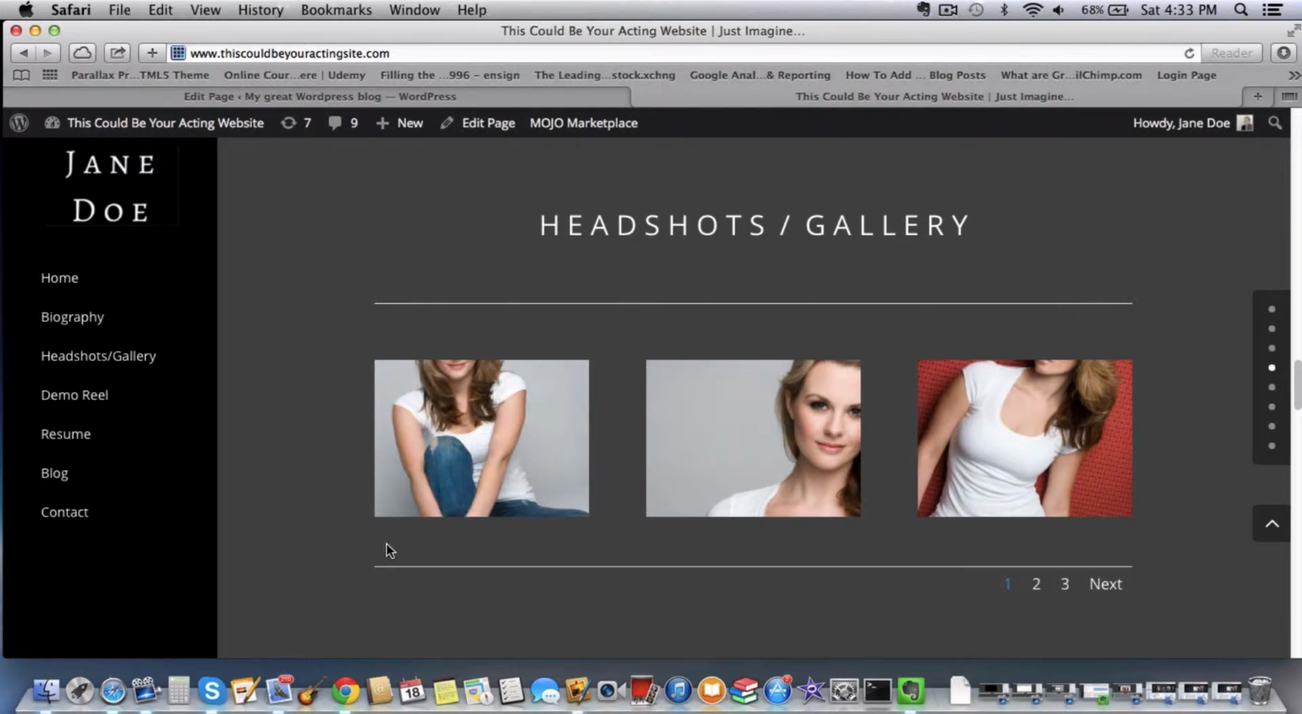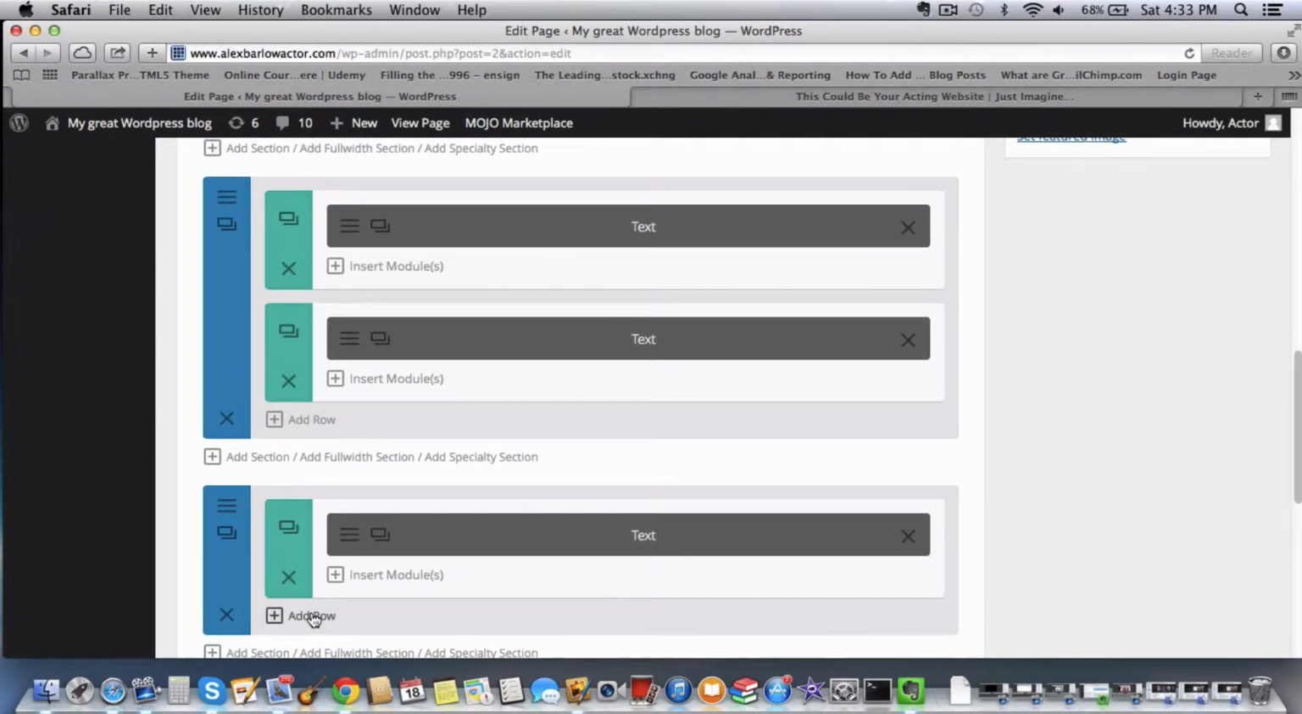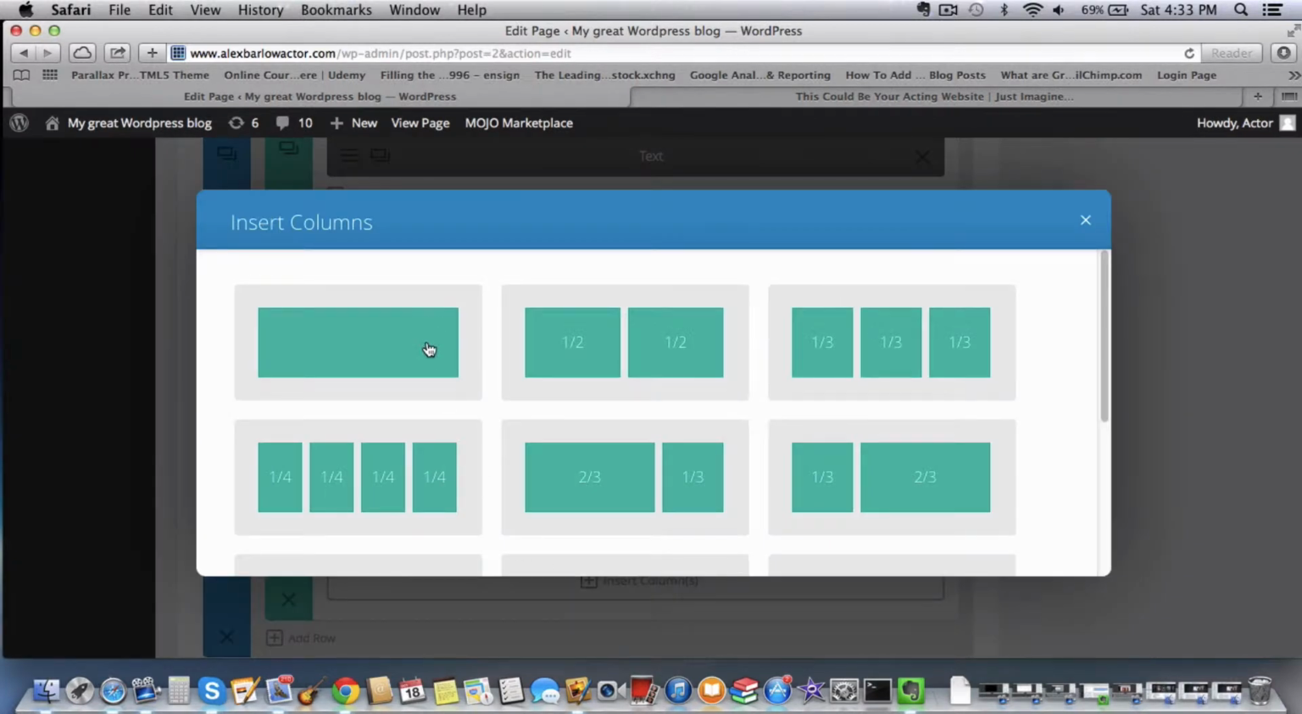Now you notice in this one thing I also did is I added this extra line here. When you actually put the gallery in, it automatically adds this line. And I just thought it looked better if there was actually a line on top. Luckily in Divi we can do that really easily as well. So underneath the text we're going to add another module. So click Add Row, Insert Columns, do this one,